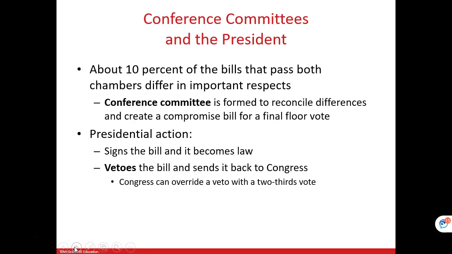And again, once the bill does make it through to the president, even after all that work, the president does have the option of saying, no, I don't like it. Vetoing the bill. So the president can sign the bill, the president can veto the bill, where it can be overridden by a 2/3 vote, or the president cannot sign the bill, in which case it will become a law unless Congress is not in session, and then what happens is that it is pocket vetoed.